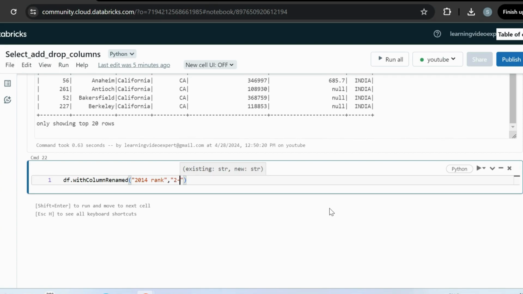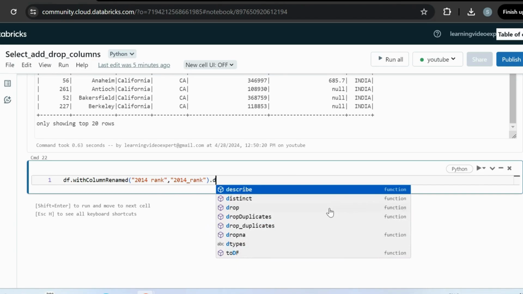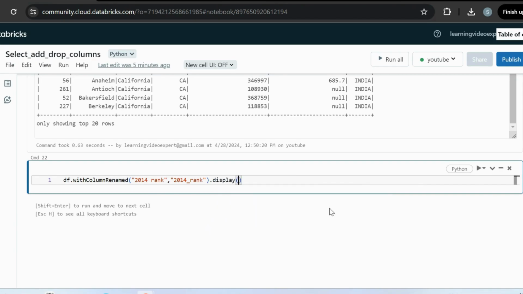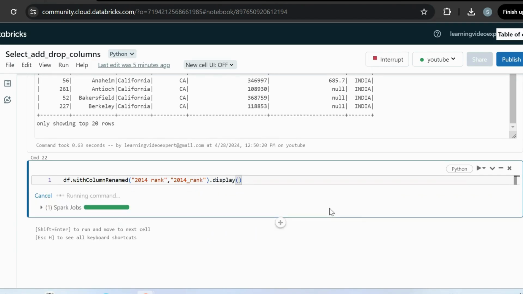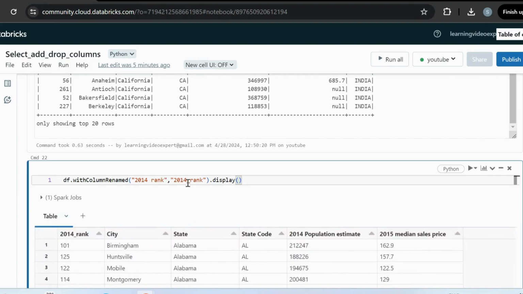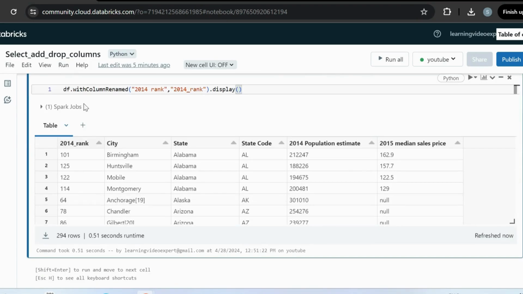I will rename it to 2014_Rank. Now let me go ahead and display this. It would have renamed the column to 2014_Rank. This is how you can use the rename method.